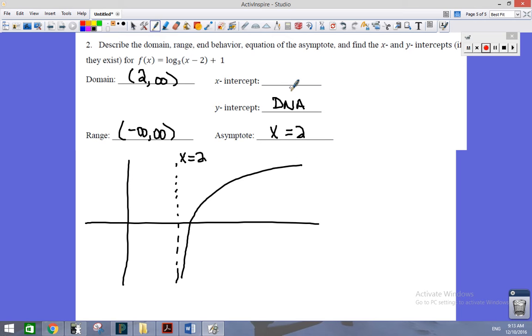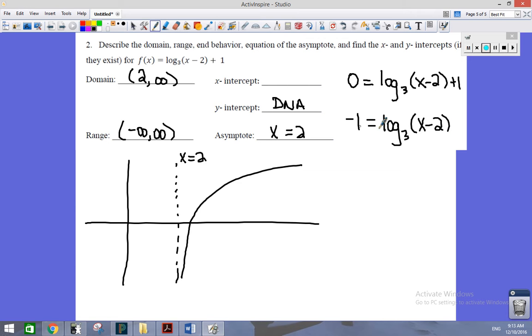For the x-intercept, we let y equal 0. So the y is the output of the function. In function notation, it's the f of x. And if we solve this equation for x, we'll have the x-intercept. So to get x by itself, on the right hand side I see two terms. The term of interest is that first term. I'm going to subtract 1 from each side. And that's as far as I can go